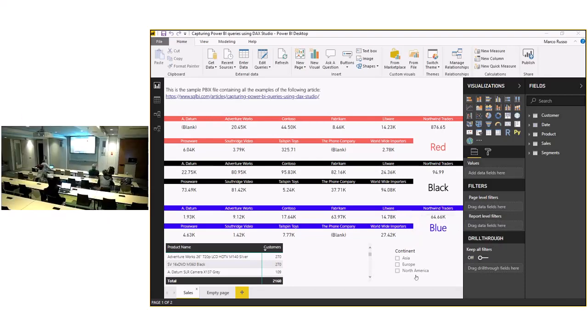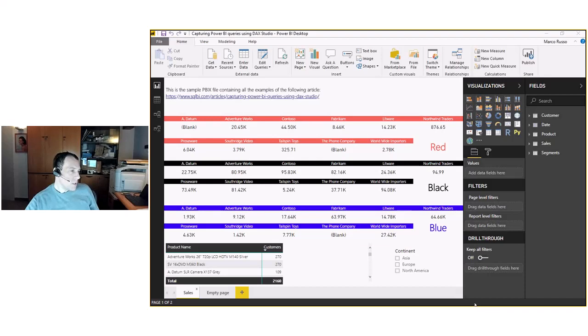Now, the first thing that I notice when I look at this report is how many visuals we have here. Having many visuals in the same report, many objects, even though they are very small with a single number, or maybe even without any number displayed, could be expensive, because when a visual in the report is